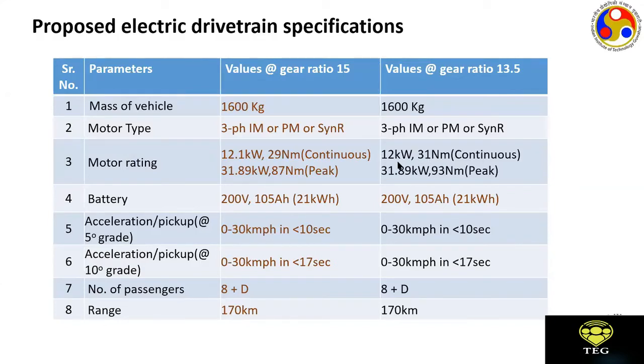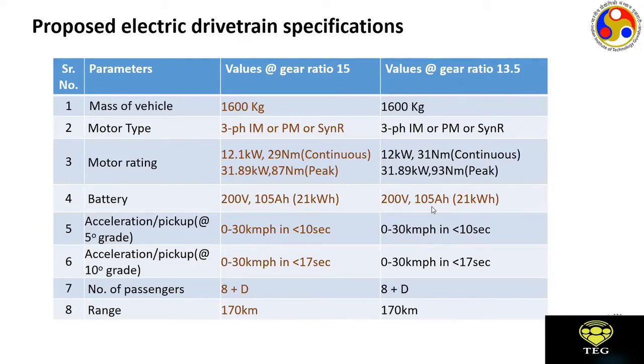The power won't change, but the continuous torque, or the rated torque, is now 31 Newton meter instead of 29 Newton meter. And the peak torque is now 93 Newton meter instead of 87 Newton meter. Which is obvious, because of the change in the gear ratio. And the battery,